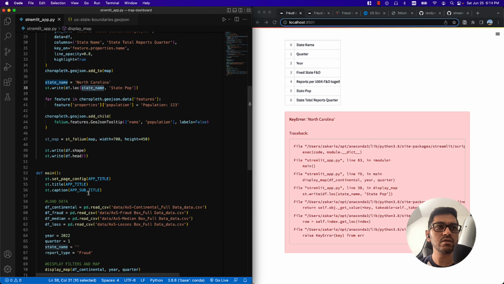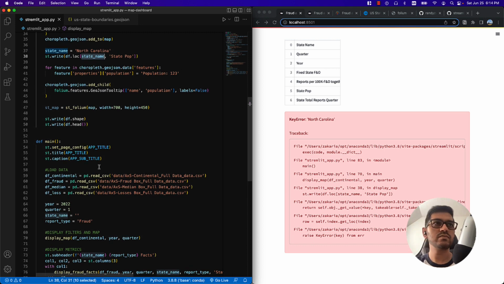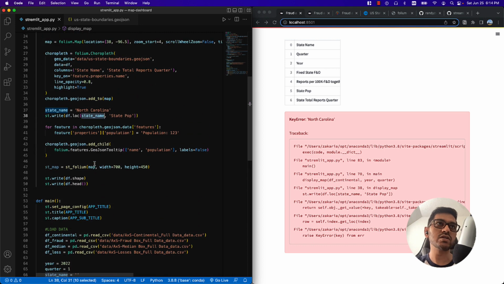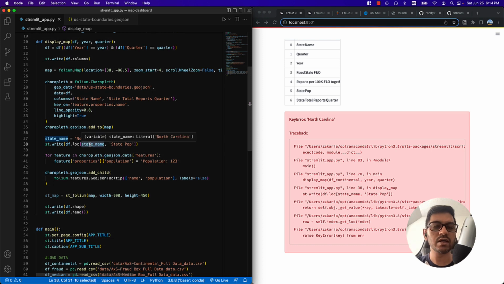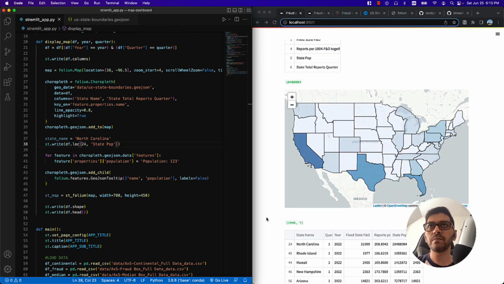Is my map filtered? Okay, the issue is we don't have the index. It is based on the index, and the index is not our state name. So the index was 24, I believe, for North Carolina. Yeah, the 24. But what we can do, we can convert this state name as an index and then access it that way. So let's